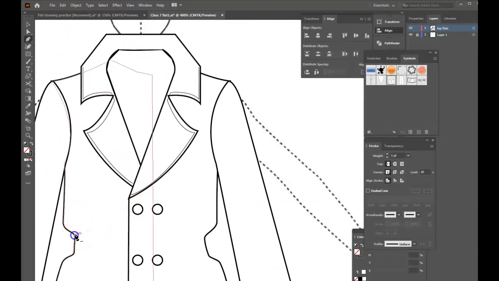P. Enter, enter, enter. Usually I will come here, enter, come back here. Let's see whether I need to connect,